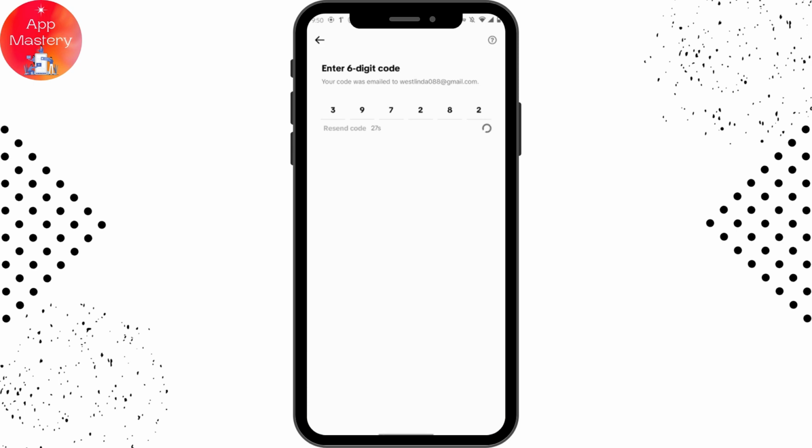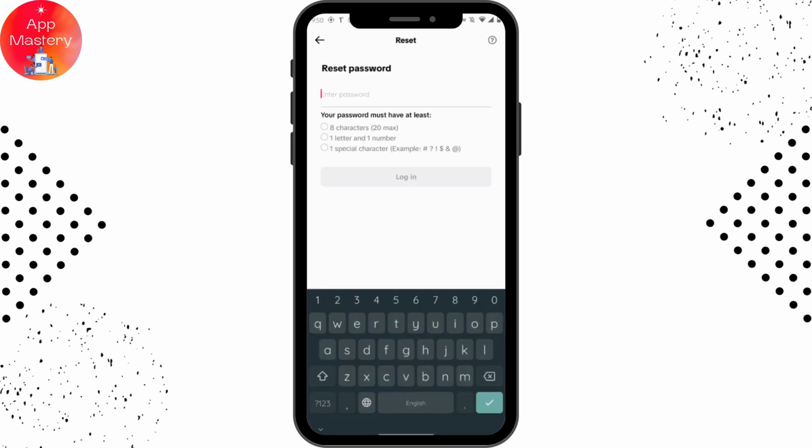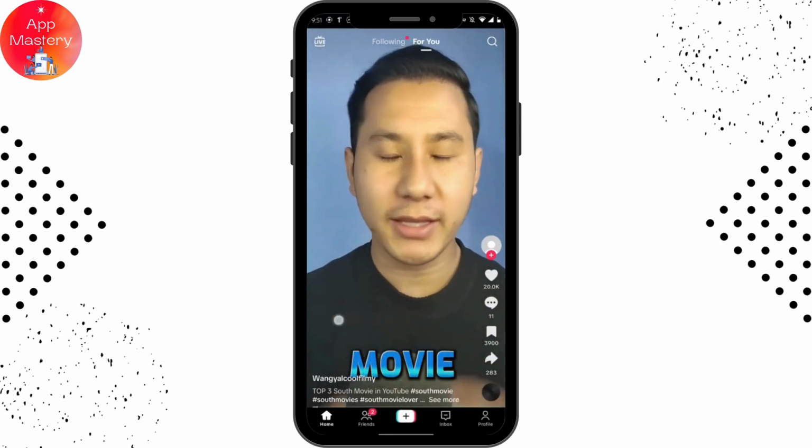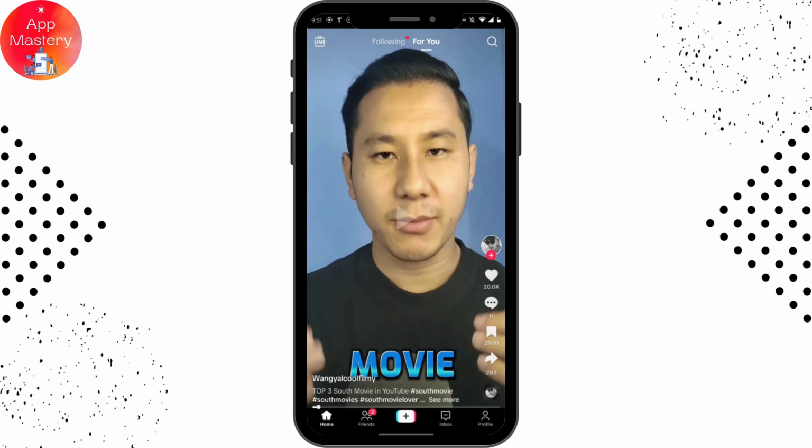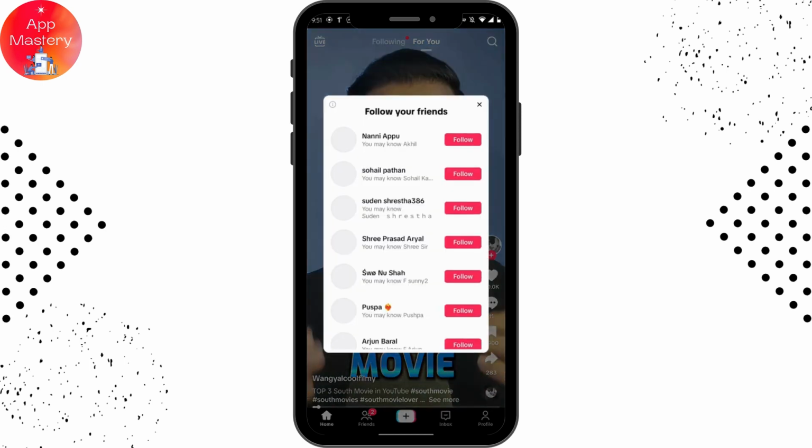and after entering that code, here you can reset your password. So you need to enter your new password, and after entering your new password, simply tap on login, and that's it. That's how you change your password, or that's how you recover your password